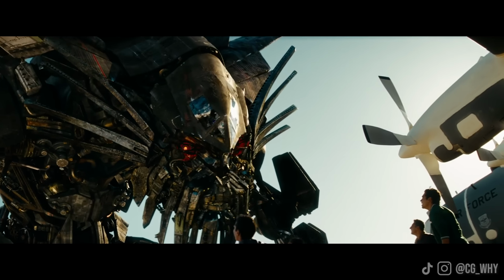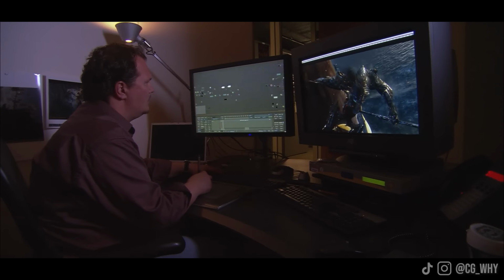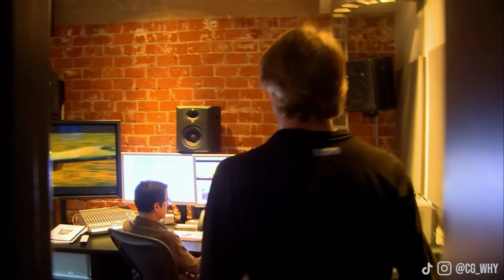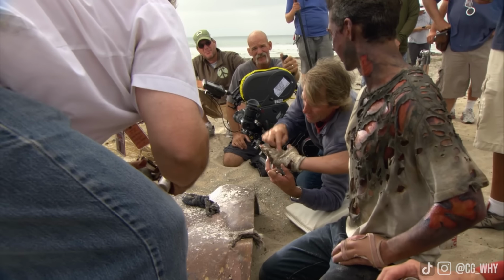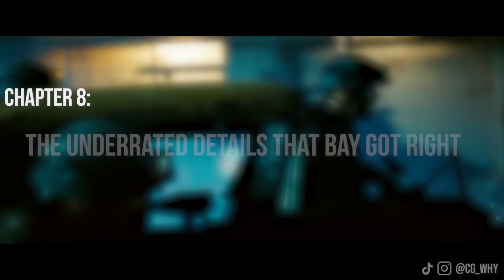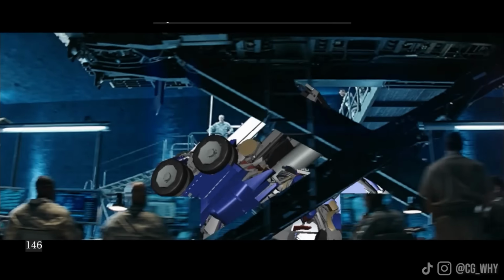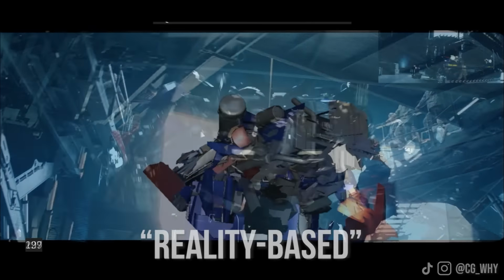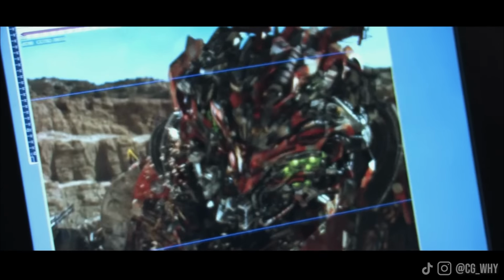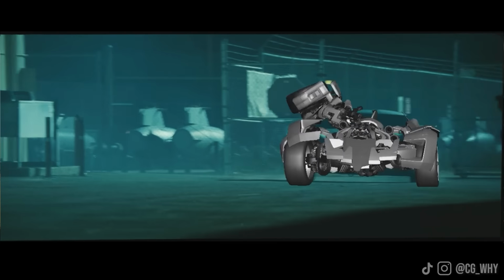But then, as opposed to all of that, it is also quite interesting to consider just how highly people such as the visual effects team consistently spoke about not only how good Michael Bay's sort of management style is, but also his eye for CGI. As for example, whilst visual effects artists typically aim to make the most reality-based results possible, Michael Bay actually consistently pushed the team to break with this idea in a lot of places,